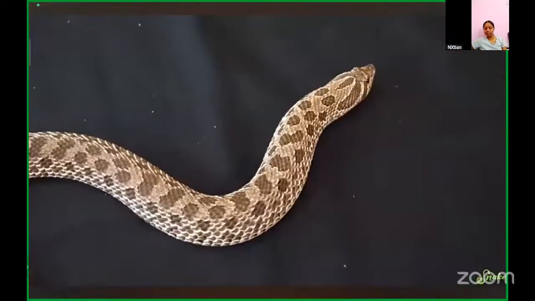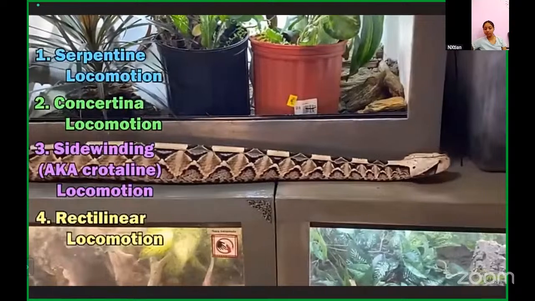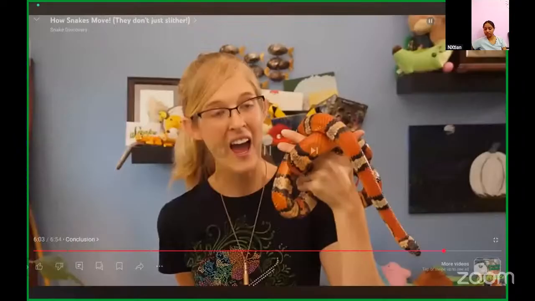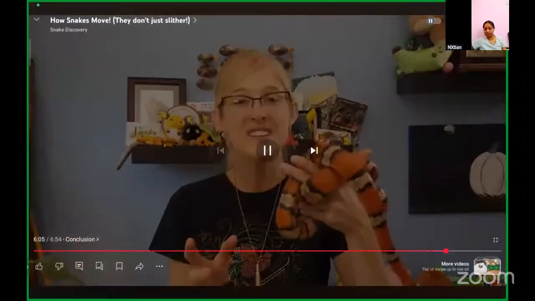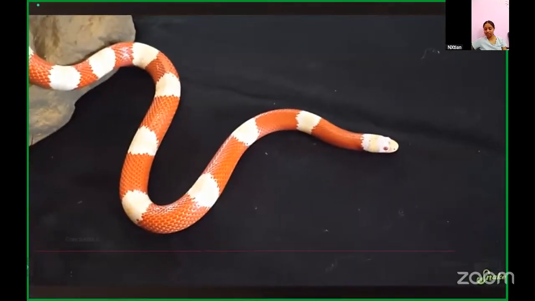Again, that is the serpentine locomotion, concertina, sidewinding, and rectilinear. So I hope you all learned something new today. I think it's really interesting that we didn't understand how rectilinear locomotion worked until literally just 3 years ago. So it just shows you how there are so many mysteries still out there with snakes that we